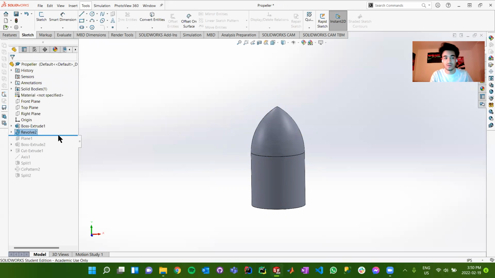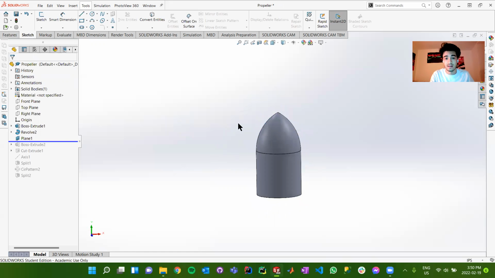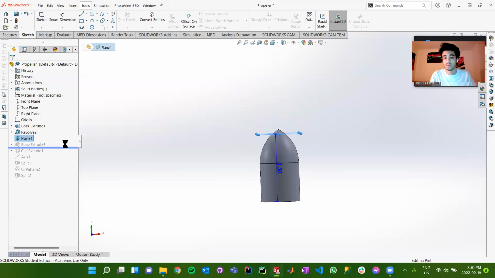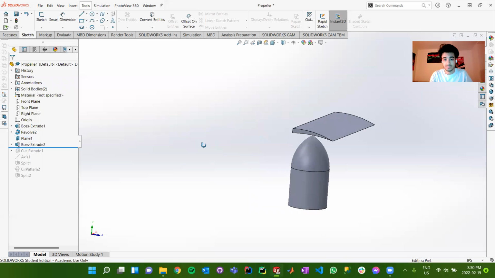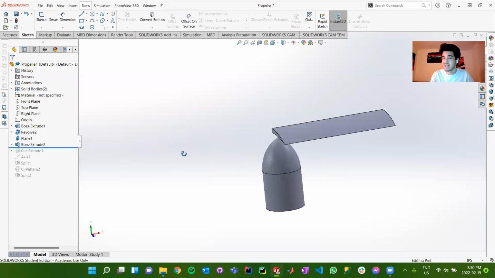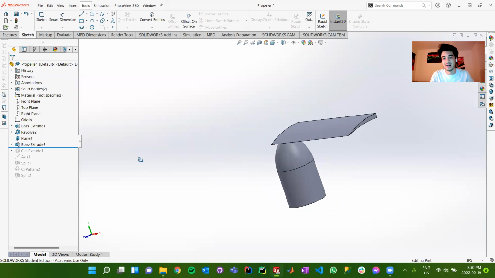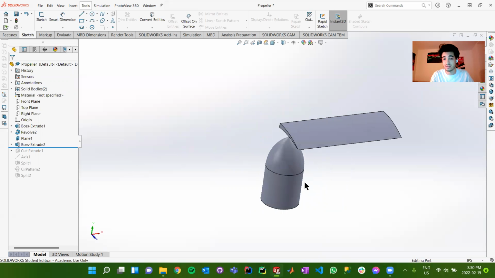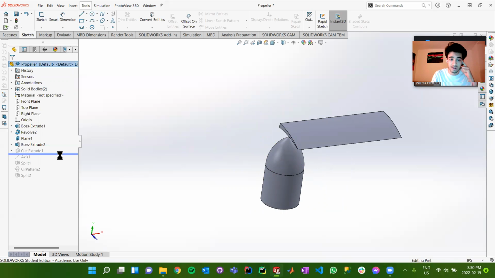Then we can move on to the next feature here. So next, I just defined a new plane, right? Because we need somewhere to actually start our propellers off of. Now, for the actual plane, I set it as being way up here, right? And then from there, we implemented an extrusion. Now, what you can see is I didn't do this very systematically. Essentially, it would have been wiser to maybe CAD the wings first and then create the fuselage, because if you look as I go up and up,